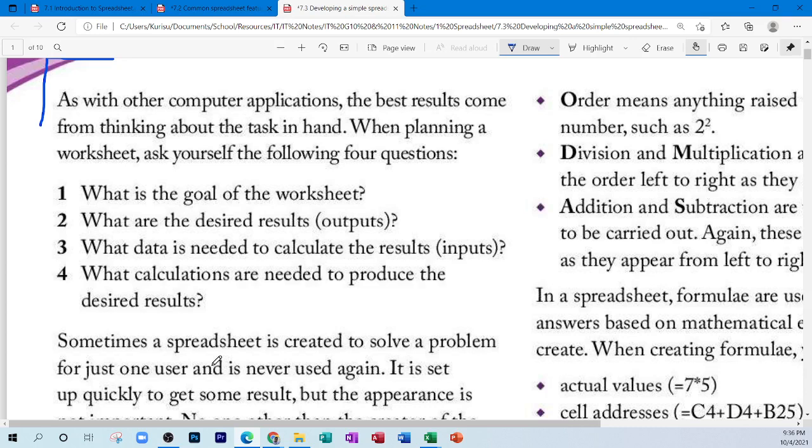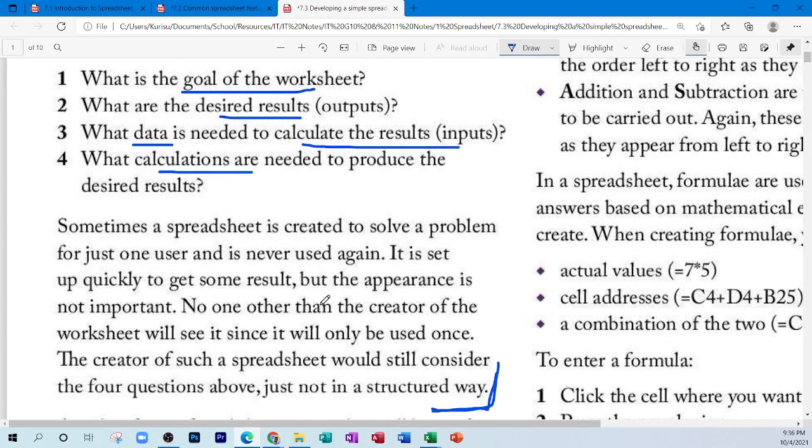As with other computer applications, the best results come from thinking about the task in hand. When planning a worksheet, ask yourself the following four questions. What is the goal of the worksheet? What are the desired results, outputs? What data is needed to calculate the result, input? What calculations are needed to produce the desired result? Sometimes a spreadsheet is created to solve a problem for just one user and it's never used again. It is set up quickly to get some result, but the appearance is